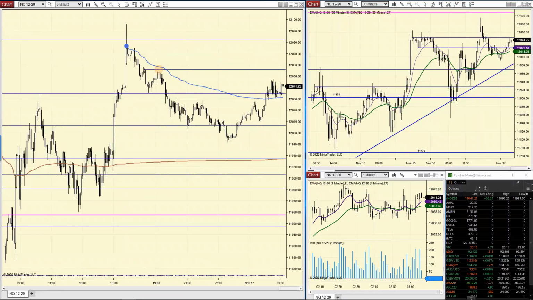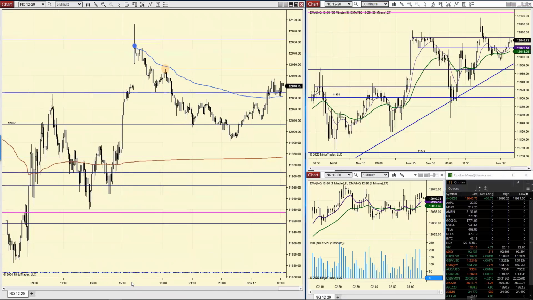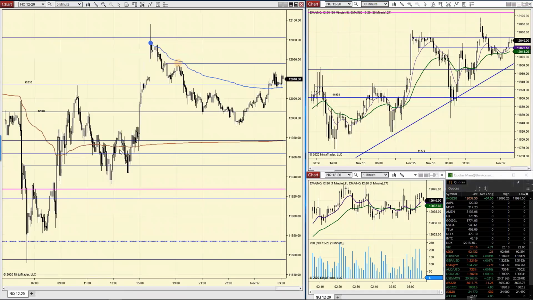Obviously, we saw a pretty good pop late in the day yesterday. And this was pretty much playing possum at the end. We kept dipping, but we kept holding here. Honestly, I almost grabbed a short, and then I said, no, I'm not going to do it. In the latter part of the session, I just kept missing things a little bit. The thing that kept me from doing it was this same day VWAP. It's right around the same day VWAP, and it can easily move off and start to move higher.